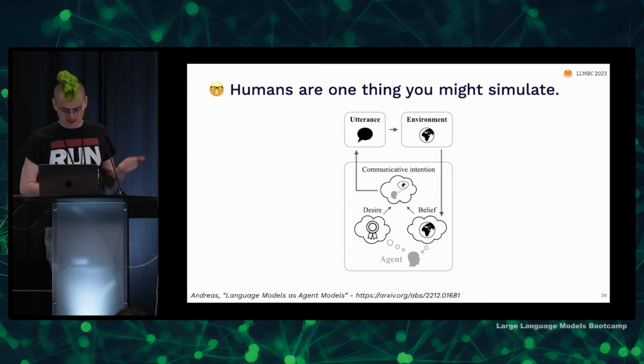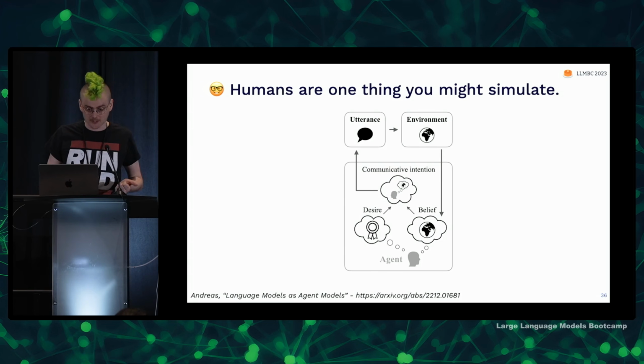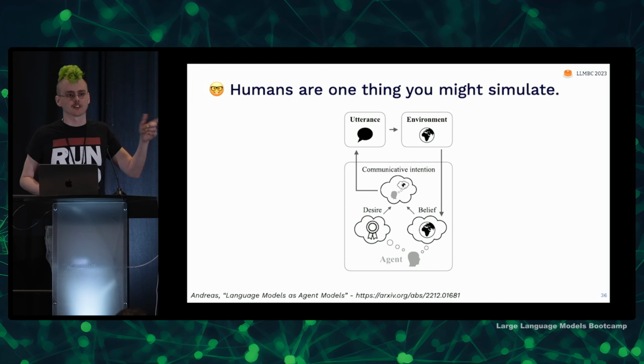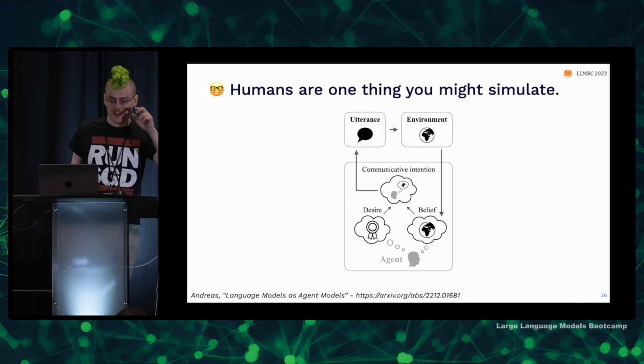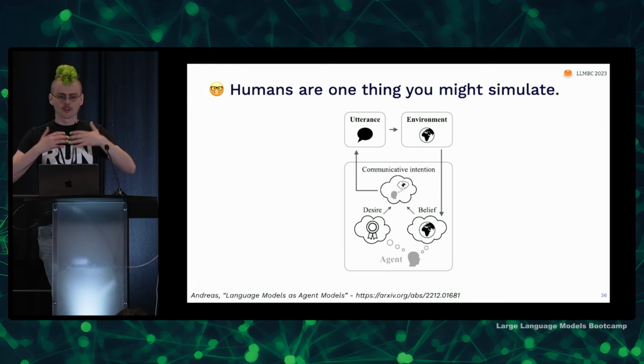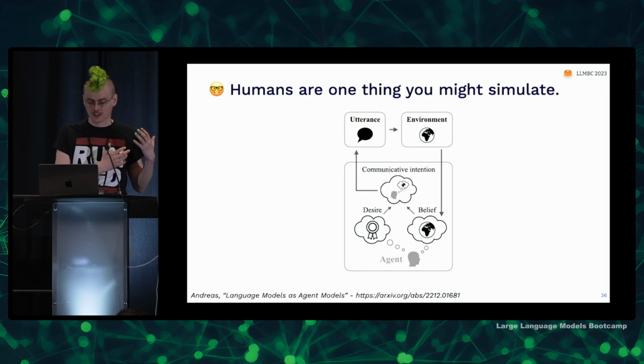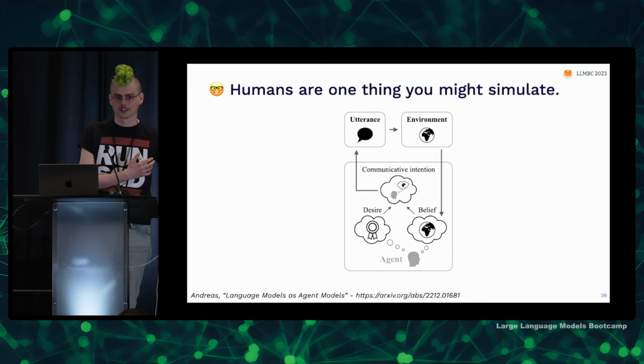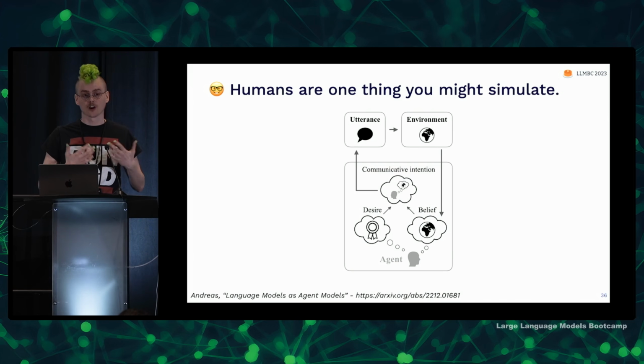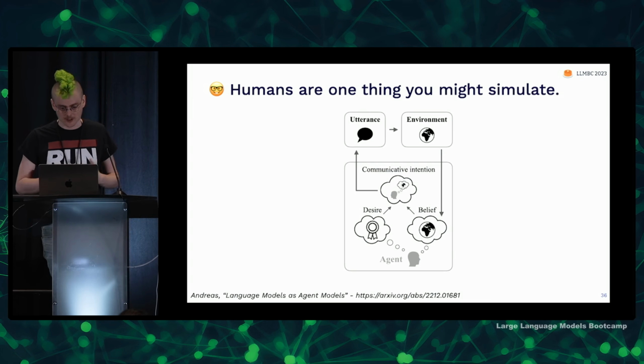So there's a nice breakdown of this in Jacob Andreas's paper, Language Models as Agent Models, that particularly focuses on this idea of personas and agents. One of the big beefs that a lot of natural language processing people had with large language models was that they used language, but they didn't have communicative intentions. They had no reason for producing languages, for producing utterances, producing sequences of text or documents.